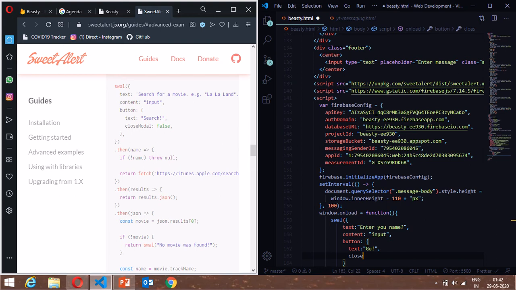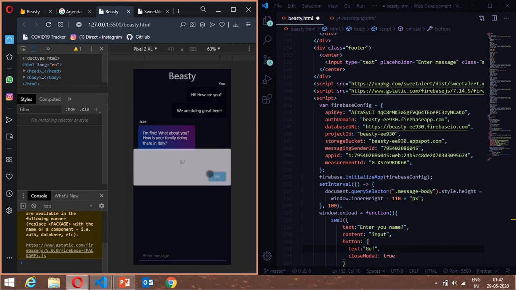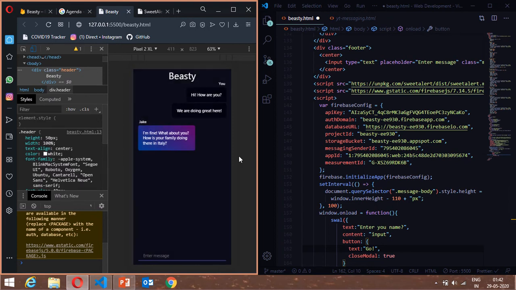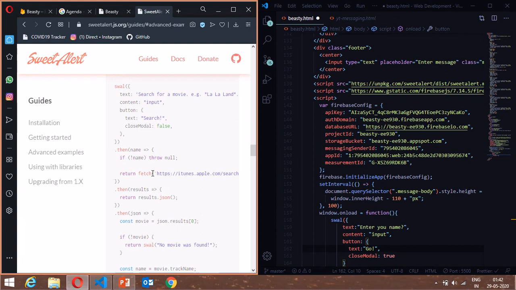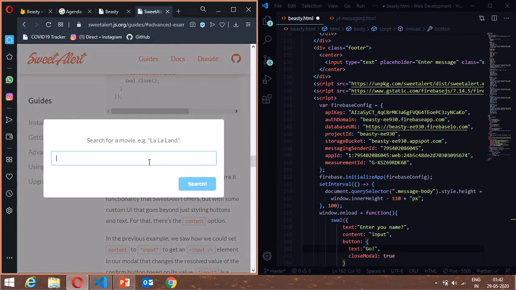Now you need to make sure you make closeModal true over here, because if you don't keep it true, then the SweetAlert box that opens up when I refresh this page won't close. As you can see, they put in false over here. So if I execute this and type in a movie name,